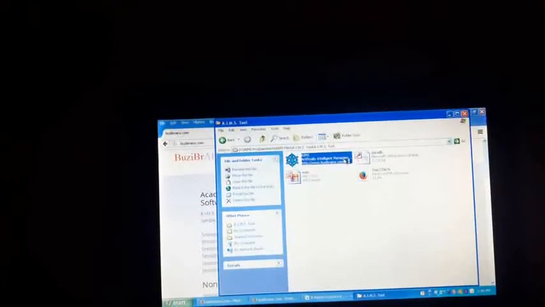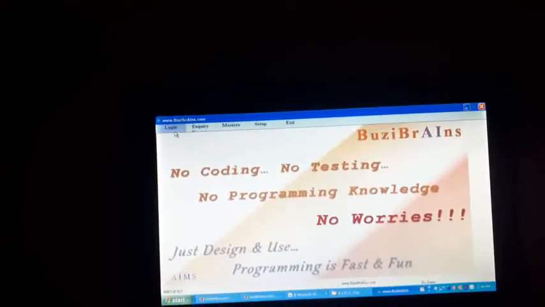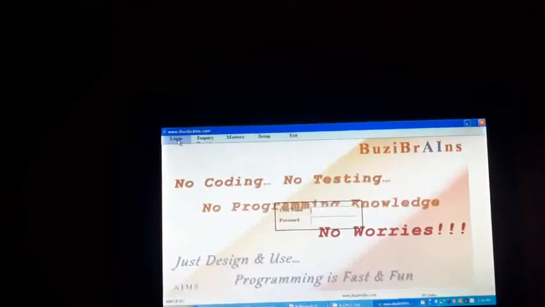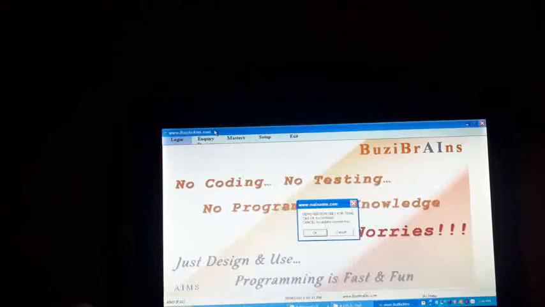If you click on this, it will get you a screen like this. You will have to log in. This has been pre-structured for better programming. Here, the programmer and the user come at the same place for the programming. So the user which is allowed for the programming is admin. So we'll log in with admin for easier access. There is no password as such. So just click enter and you can go ahead.